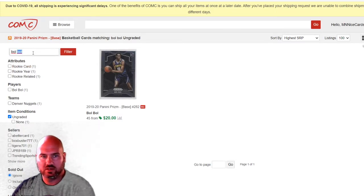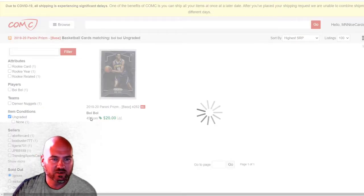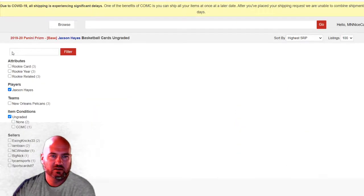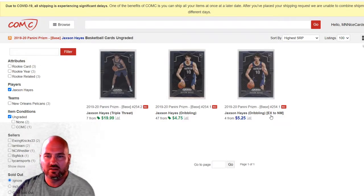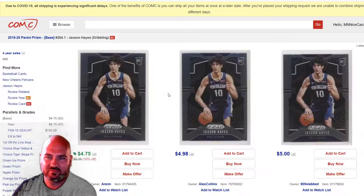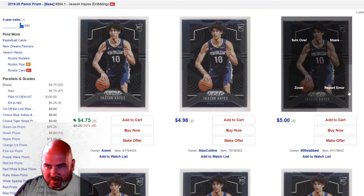If we go back to look up the base prism again, there's probably some values in here, although a lot of this stuff has been going up. You can just click on Jackson Hayes, for example, and pull up his stuff. Here's his variation, here's his base card, and then here they've got excellent to near mint. So they've already flagged this one as not being as good a quality. I'm not saying that buying anything that's not flagged is going to be perfect. A lot of times there's probably reasons that people send their stuff here and not sell it otherwise, but you can tell here some of the centering